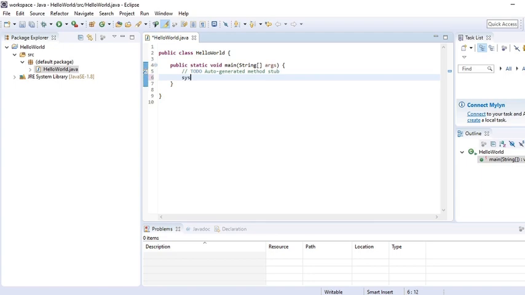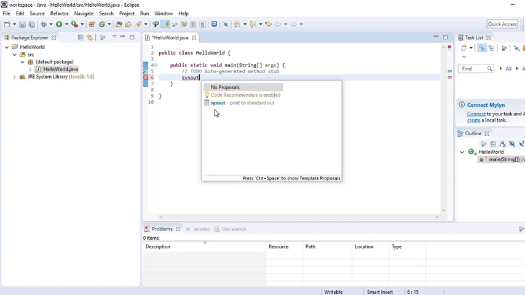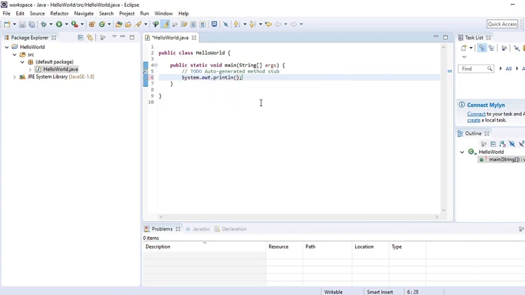Let's say I want to write System.out.println: sysout, Control Space. It will automatically bring it up, or you can type it individually. When I put double quotes, it automatically added another double quote. Let's say I type hello world and save this file.